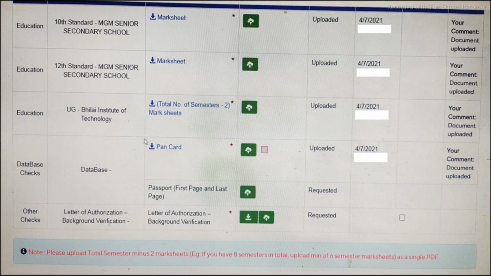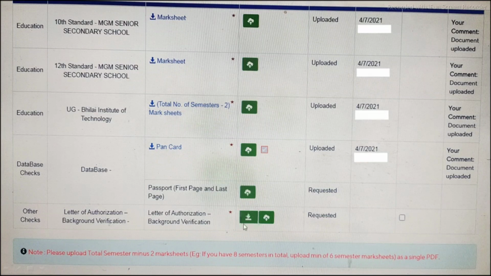Your PAN card, front and back scanned copy, and your passport. It is not mandatory, but if you have this, you can upload it. The letter of authorization for background verification, you can download this letter of authorization.